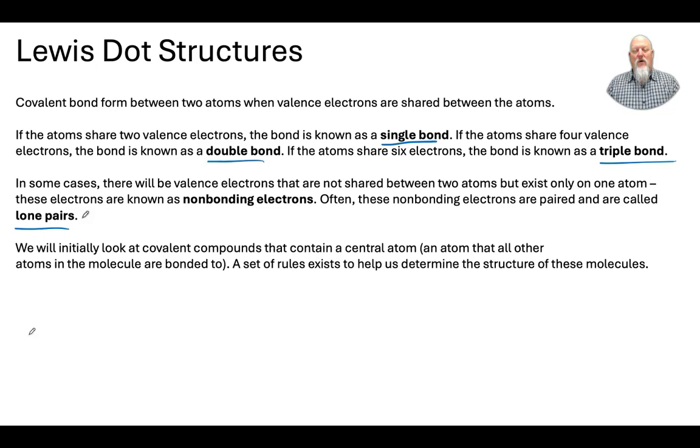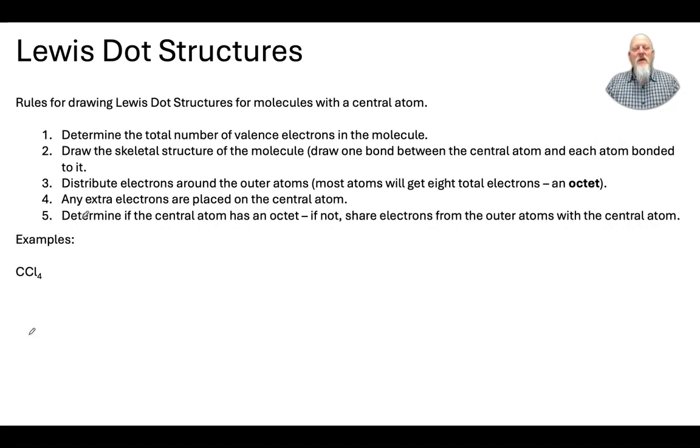So again, there's a whole bunch of different types of covalent compounds. Determining the structures is going to be very similar in all of them. We're going to do this with simple compounds where we have a central atom and things bonded to it, so we can follow a set of rules. But then we'll look at molecules that are a little bit bigger and see how to deal with those. So there's basically 5 rules